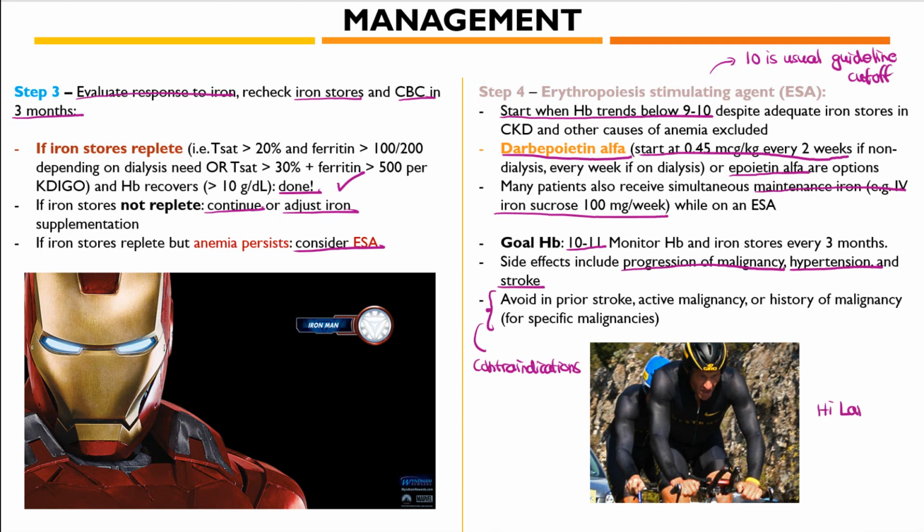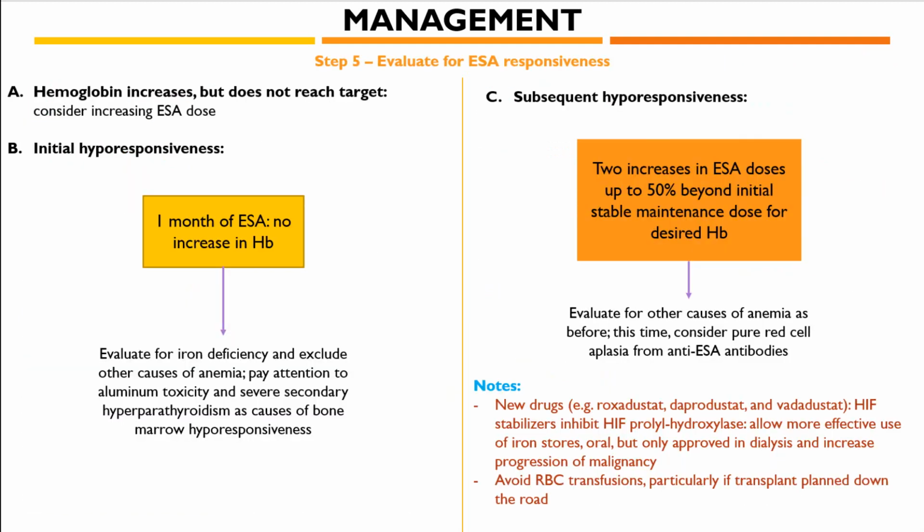And I don't believe testicular cancer is one of those malignancies that's counted, fortunately for good old Lance Armstrong over here. The last step to the management of anemia and CKD is evaluating for responsiveness to the ESA. Now, if your hemoglobin responds to the ESA and maintains at a target of 10 to 11 forever, then great, you're done. However, if the patient's hemoglobin doesn't increase to target with the ESA, there's a few things you need